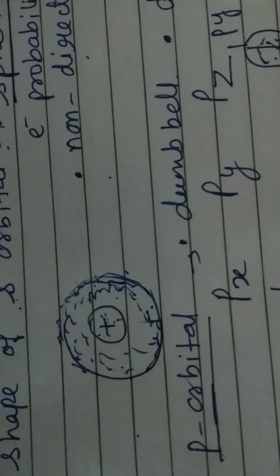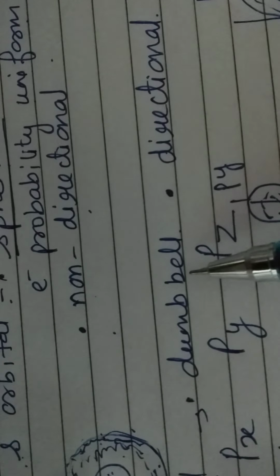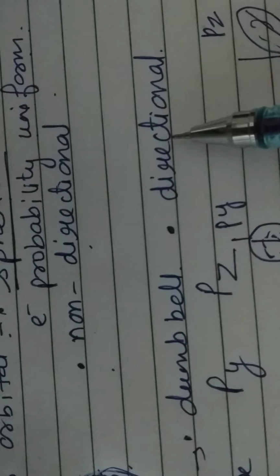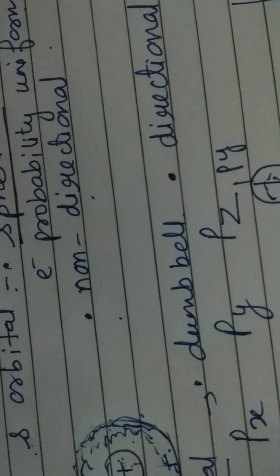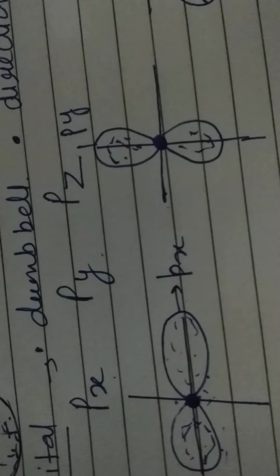Then the second type of orbitals are p orbitals. They have a dumbbell shape. Dumbbell shape you can recall like the gym weights that we use, those are a type of dumbbells. Now they have a directional property. In a particular direction they point. So there are 3 types of p orbitals. One is px, oriented along the x axis, then the y axis and z axis. So depending on that we can draw the shape.